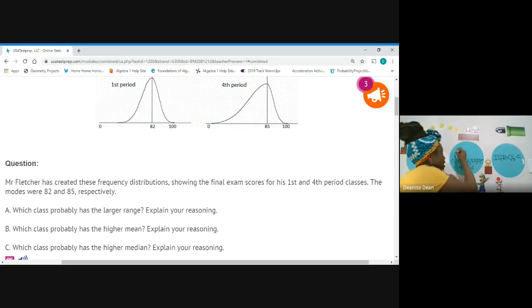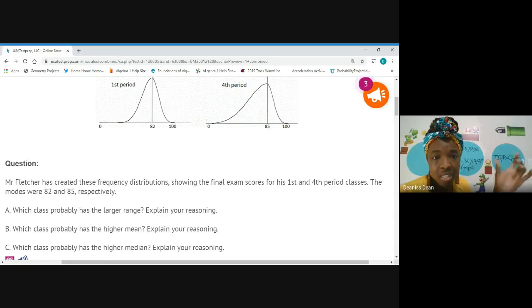So they automatically are already ahead of fourth period because no one in first period made a 0. So let's say we'll have like a 30, a 50. We know a number of people made 82s, right? And then we definitely know somebody made 100. So look, my numbers already are starting higher than fourth period's number. So I would have to have, all right, the greatest